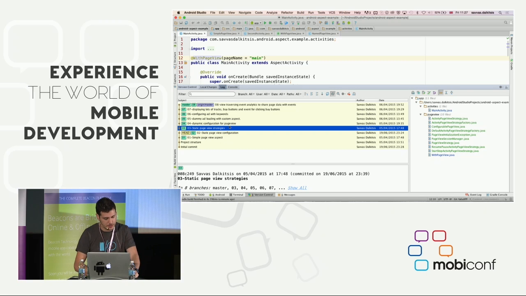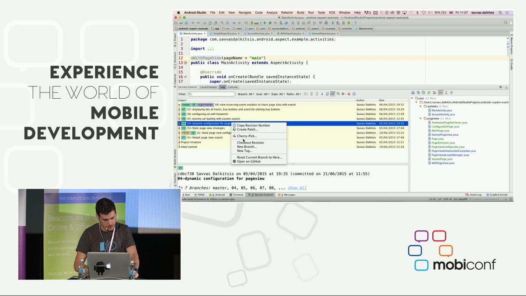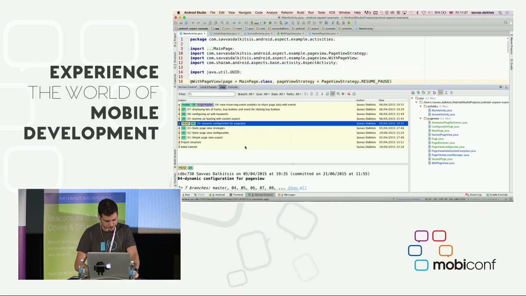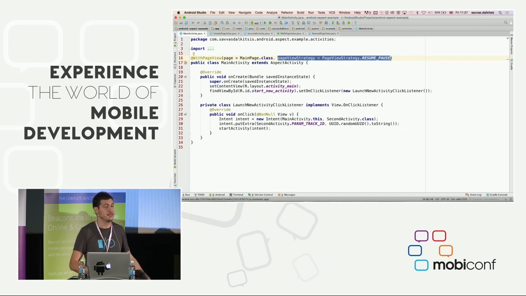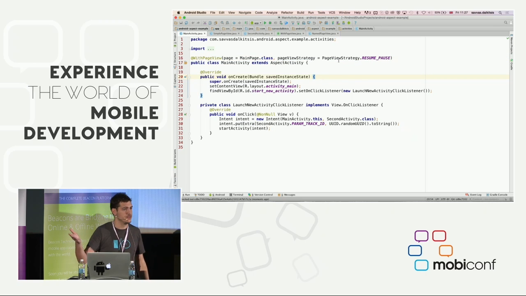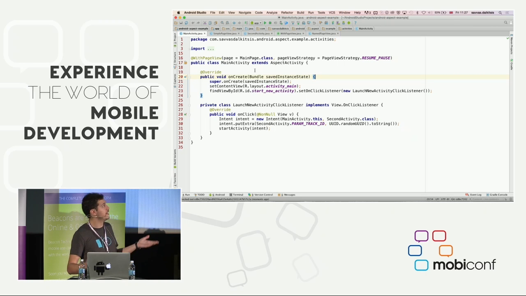I'm going to skip a commit. I will explain in a bit why that commit exists. There you go. You can ignore that second parameter. That was basically the last commit that I had that I skipped. This introduced some strategies into the mix. They're not really that important. They're still static configuration. You can see the main activity is still implemented the same way, the page view. There's nothing different about it, apart from that strategy thing.